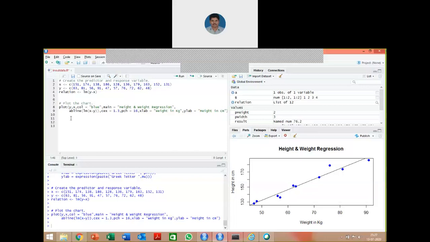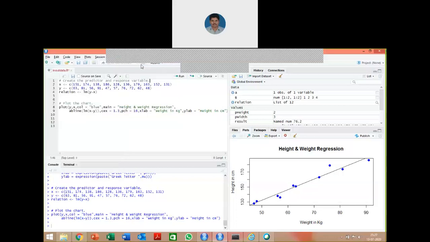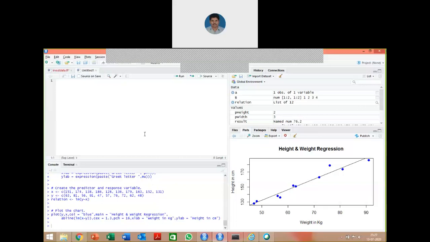After that, you can perform the arithmetic operation for adding the two vectors. To create that program, go to the File menu, select New File, click R script. Otherwise, you can directly type the code at the command prompt.